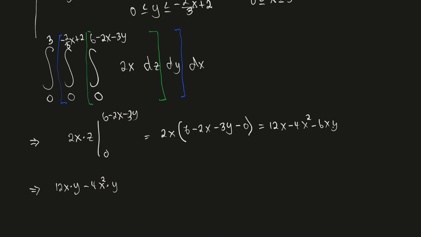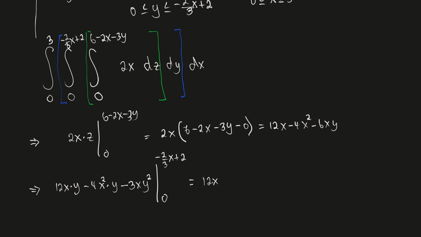So when we integrate this with respect to y, add 1 to the power, that gives us 2, divide by the new power, so we'll end up getting negative 3x, which is treated as a constant, y squared, and then this goes from 0 to the negative 2/3 x plus 2. All right, so let's see what happens. It's nice when you have a lower limit of 0, because look, every term has a y, so that will cancel out. But now we have to replace all the y's with this expression,